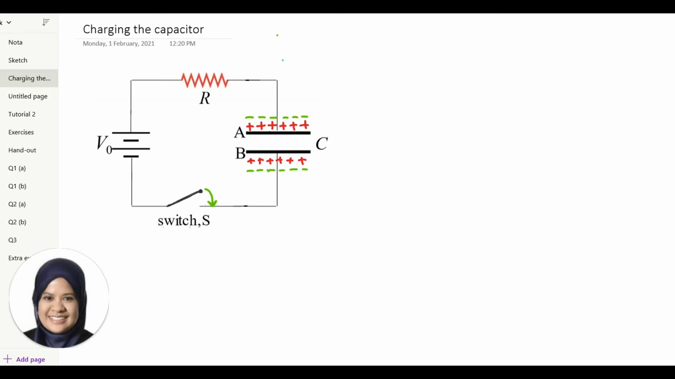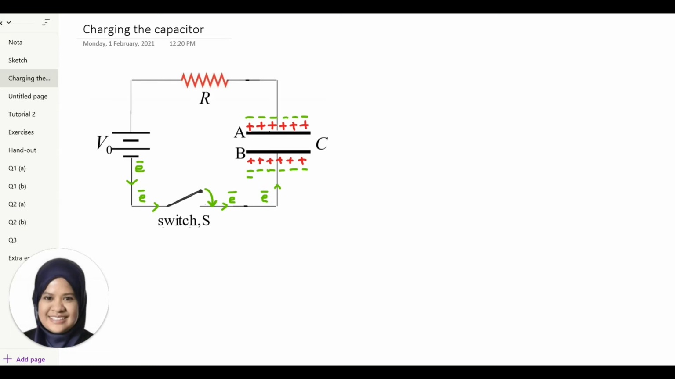Okay, so apa yang berlaku sekarang? Elektron akan bergerak. Bila saya kata bergerak, dia bukan bergerak dengan sangat perlahan, dia bergerak dengan within second, sangat laju. Okay, so elektron akan bergerak mengikut saya punya arrow ni lah. Okay, so apa yang berlaku nanti? Elektron akan pergi ke plate B ni,